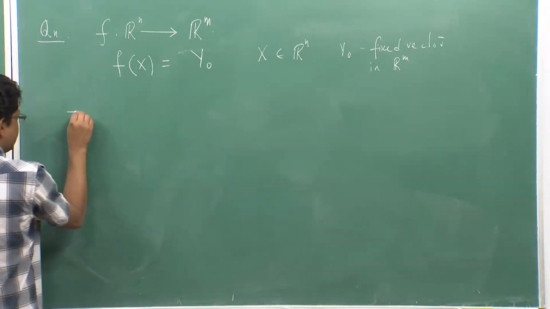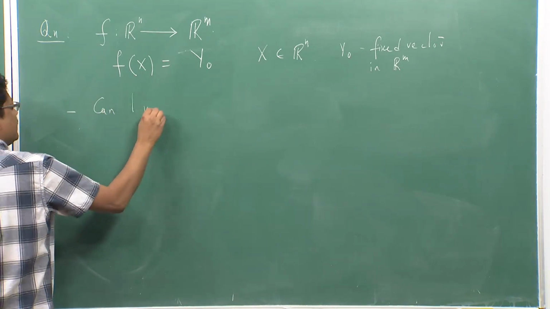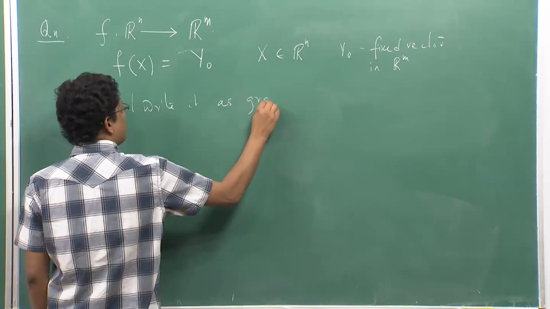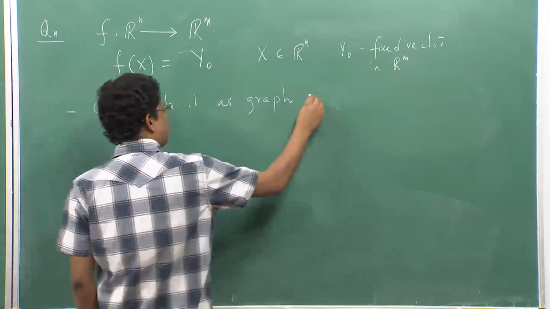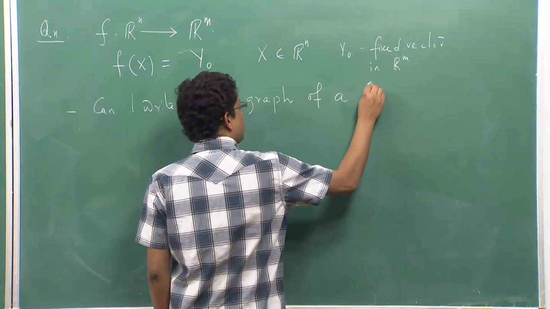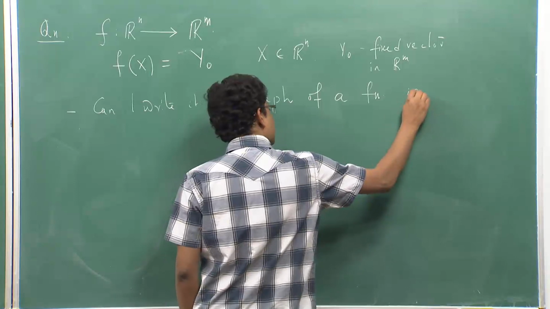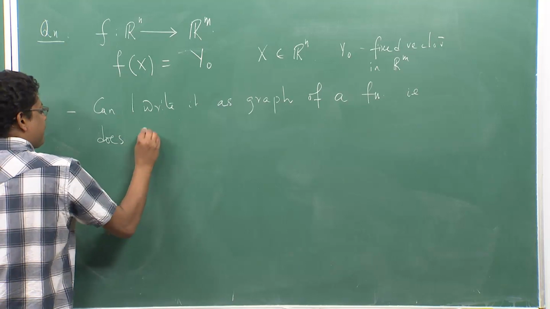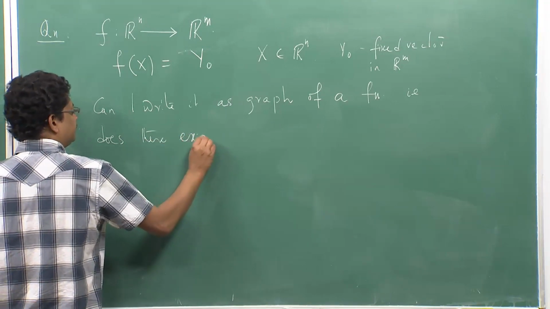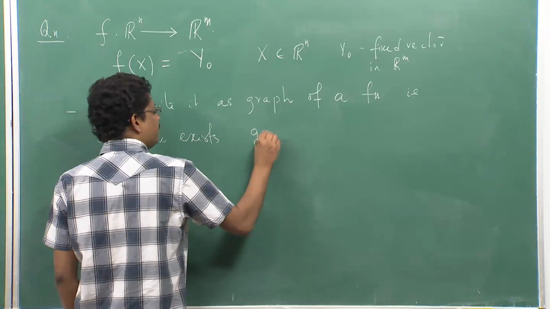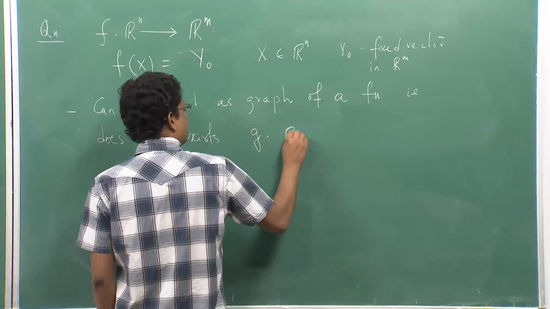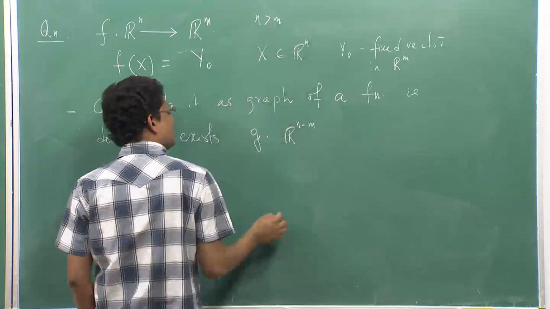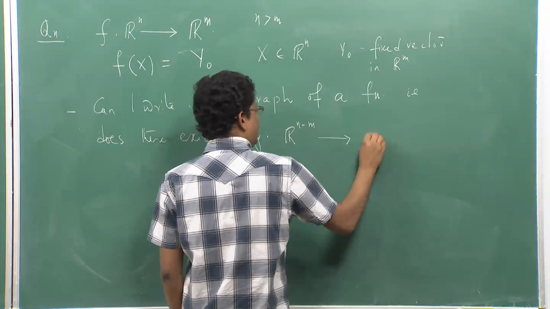The question is, can I write it as the graph of a function, that is, does there exist a G from R^(n minus m), so here my n is bigger than m, to Rm